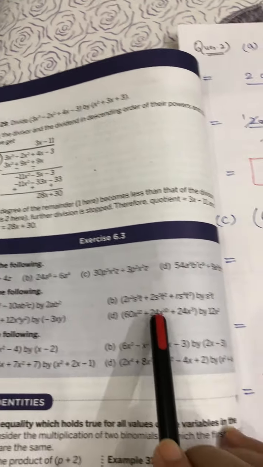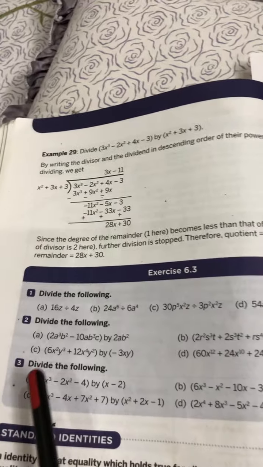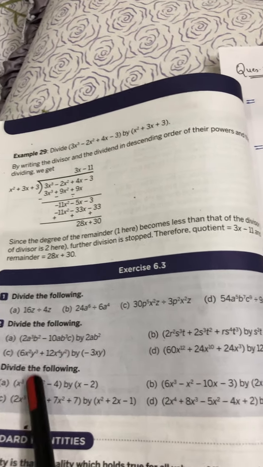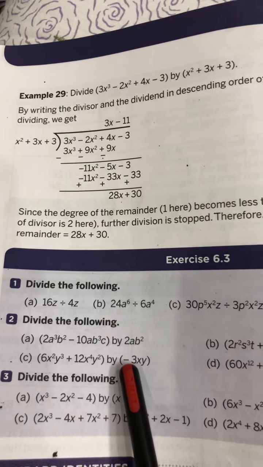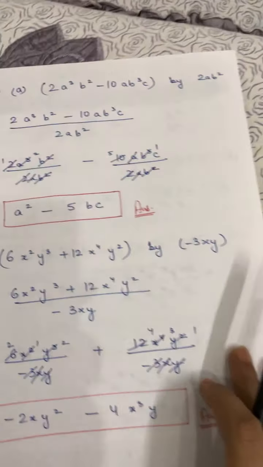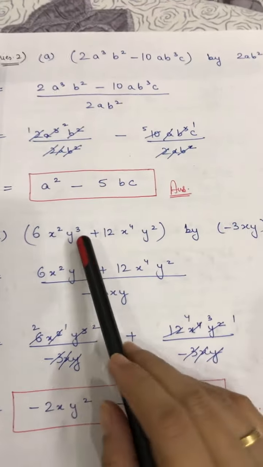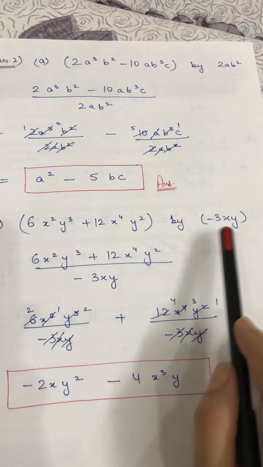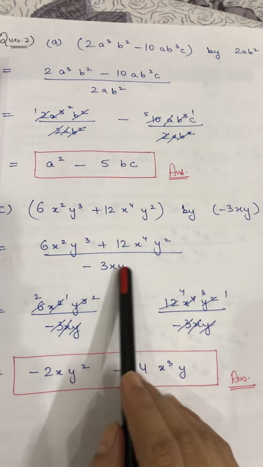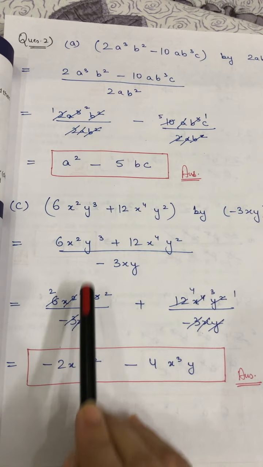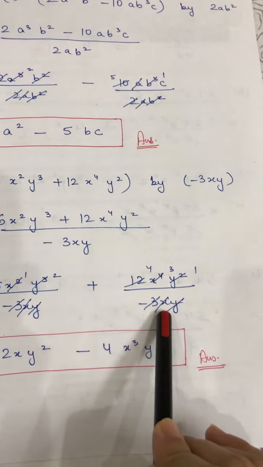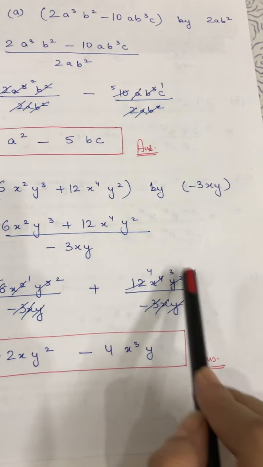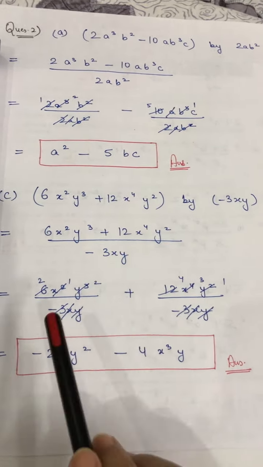Now, I'm giving you the B part and D part as homework. I'm going to solve the C part now. In the C part there is a minus sign given, so I'll tell you how to put the minus sign. First of all, write this term divided by this term. Now divide this term first with this, place a plus sign in between, and divide this term with the second term, one by one with both the terms.